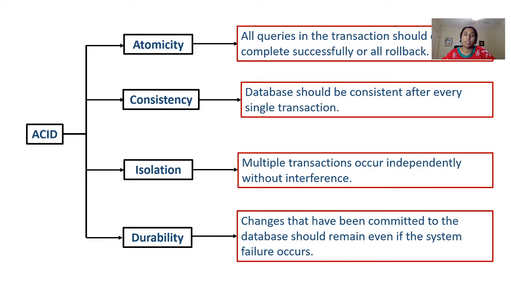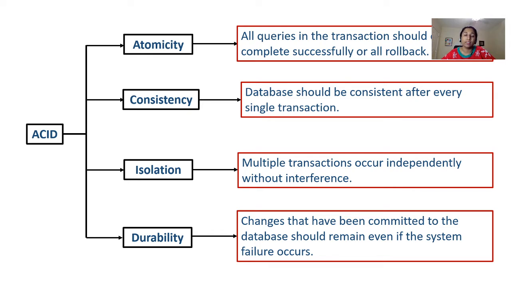Whenever a transaction is running in the SQL Server, all the operations inside that transaction should either complete successfully or none of them. For example, we have a stored procedure. Inside that stored procedure, we have an update statement as well as an insert statement in it. Whenever we execute that stored procedure, both the operations inside that particular transaction should either complete successfully or none of them. For example, if the update succeeds and if the insert fails, then the SQL Server should go ahead and roll back the entire transaction. That's atomicity.